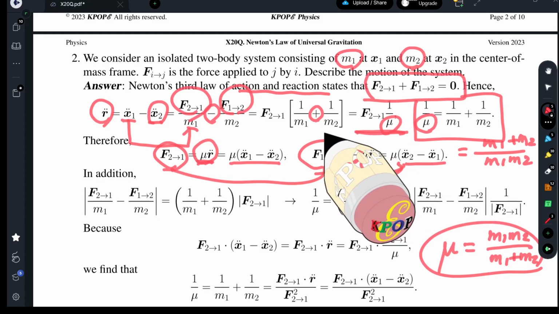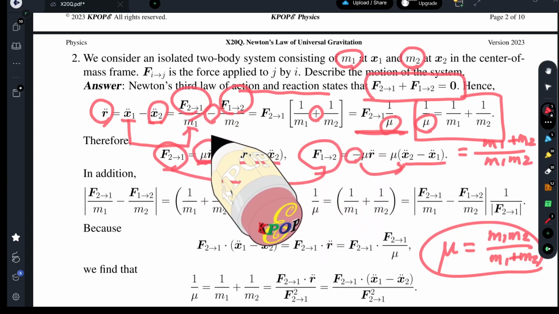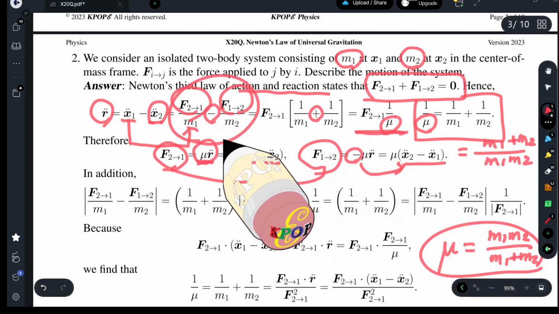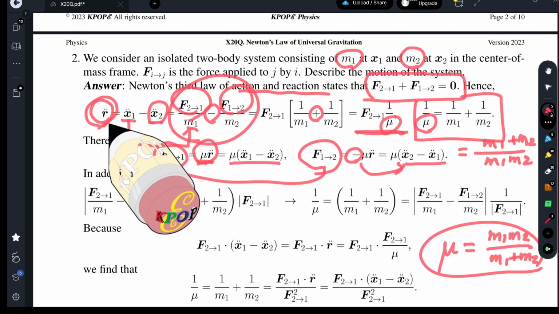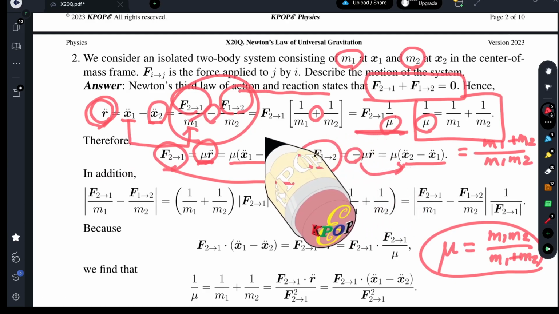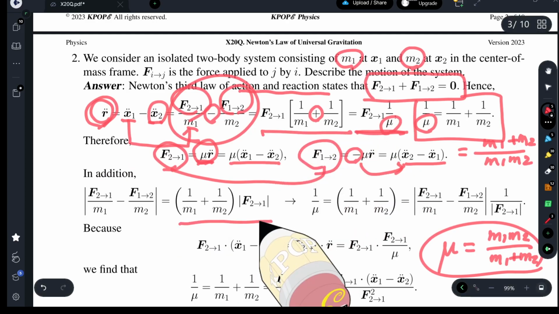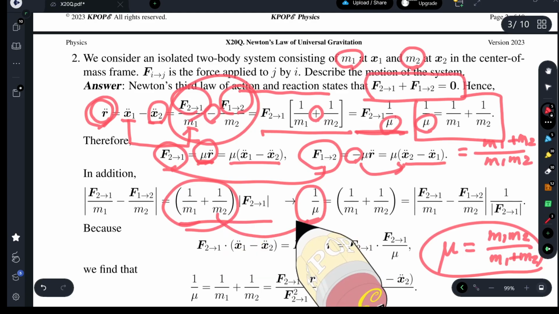In addition, why don't we find the magnitude of this? The magnitude of this is the magnitude of the acceleration of the relative coordinate vector. That is eventually expressed in terms of this. So this is the reciprocal of the reduced mass. As a result,